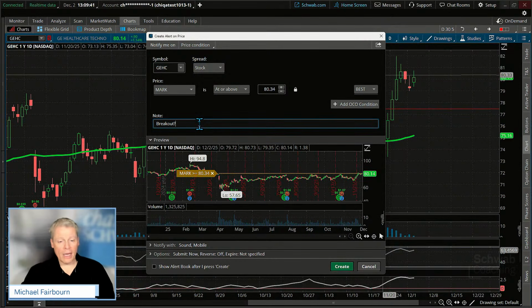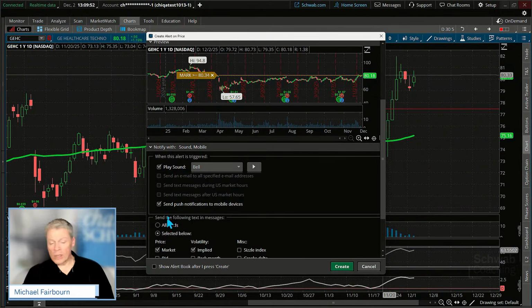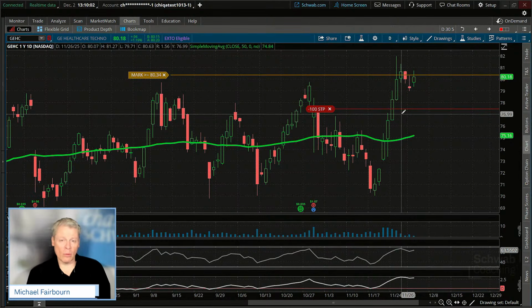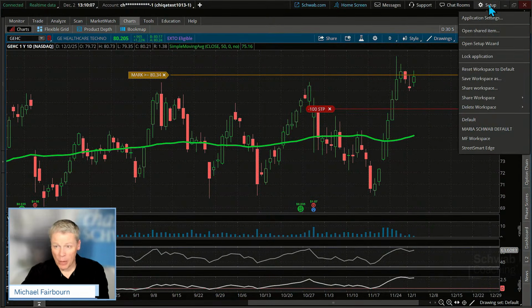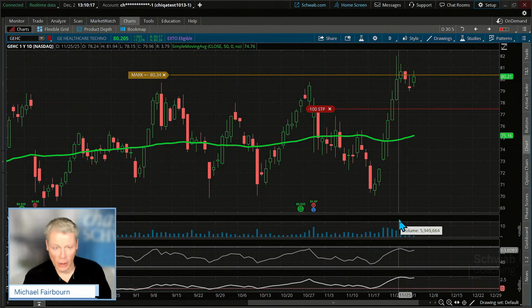And if so, what I can do is make sure to add to this position for us on this trade. Now, one quick note, you got to go down below here and make sure that your notify is selected. And once it is selected, you're going to be good for being notified, not just the sound on the computer, but also through, let's say, a cell phone, for example. That's what I use. And by the way, just to set that up real quick, because I know we have some new folks here, just go to setup up top, upper right-hand corner, click on application settings, and then you'll find it right under notifications. That will have you put in your email or your cell number.